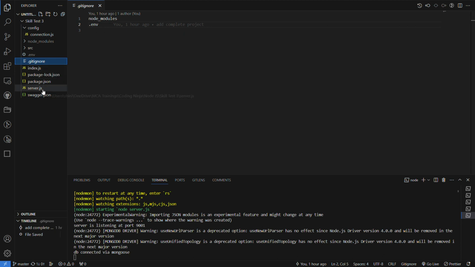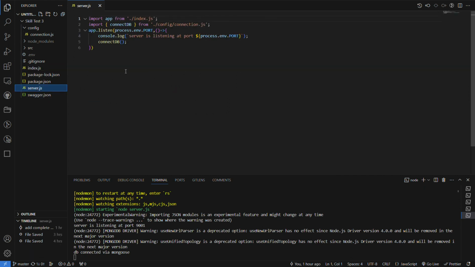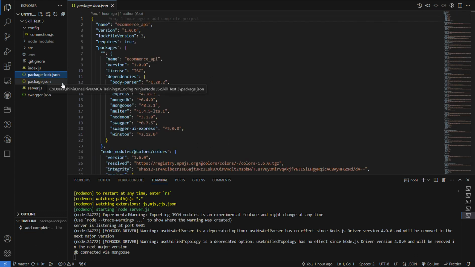Then we have the index.js and server.js files that are acting as an entry point of this application. Index.js is serving as the entry point of the application and contains the server setup logic such as initializing the express and defining the routes, and also we have the server.js which is starting the server. Then we have package.json file and package-lock.json file that contain all the dependencies that are being used in this project. So now I'll first give you a brief demo of this project